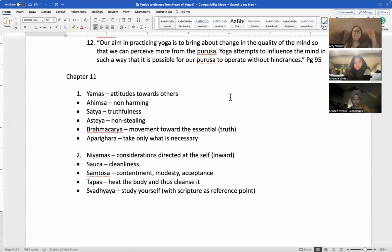Okay. All right. So we talked about the Samkhya philosophy, which you could call their creation story, but it's not the whole story. There's also part of the story involving Shiva and Shakti, which is female and male energy. But it gives us a description of the two components of our being, which is the Purusha and the Prakriti, meaning the spirit, and then Prakriti is the material world, basically all of creation. And the Purusha is what we're aiming to